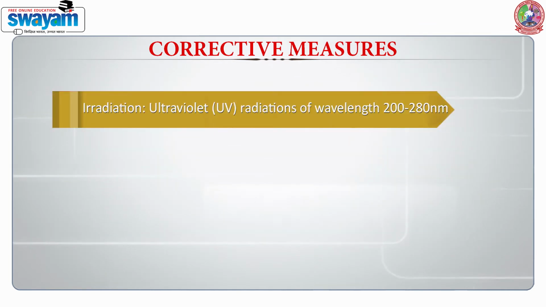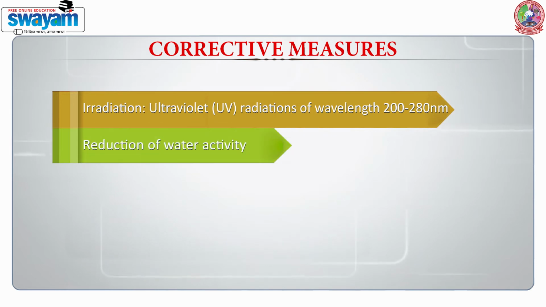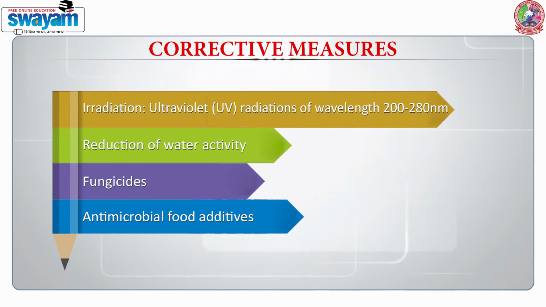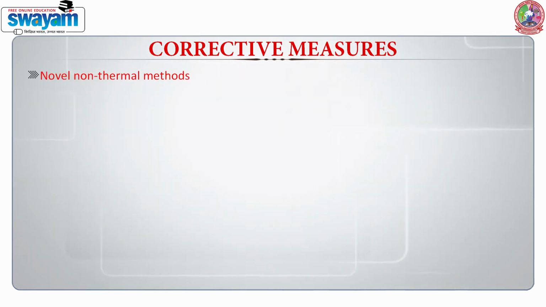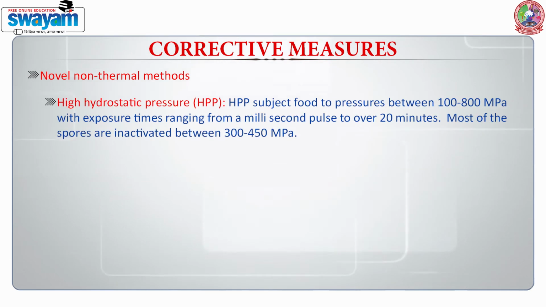UV light or irradiation with UV in the range of wavelength 200 to 280 nanometer is also found to be effective, and another method is to reduce the water activity. Use of fungicides and antimicrobial food additives is also helpful in reducing the spoilage of the food products. However, these days certain novel methods such as non-thermal methods which involve high hydrostatic pressure, abbreviated as HPP,